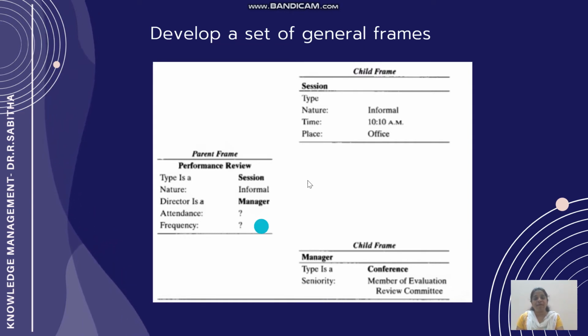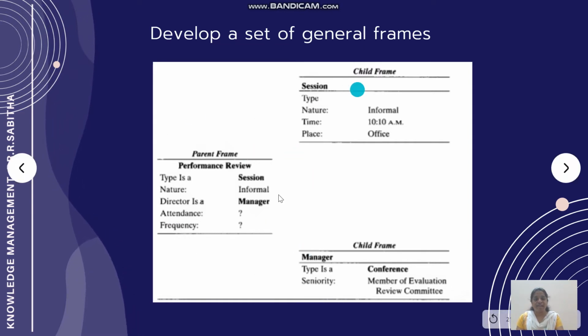Here you have a parent frame and a child frame. It is called nesting of frames. When I say the type is a session, session is again a frame which contains a variety of slots and corresponding values. Similarly, when I say this facet is a manager, manager again represents a frame which in turn contains a slot and a facet relevant to it.